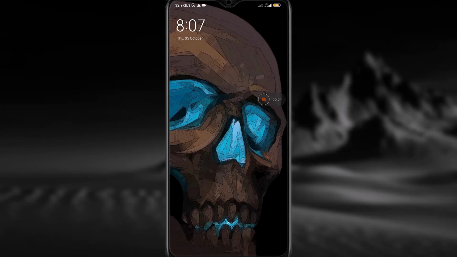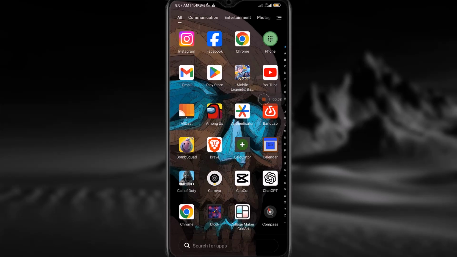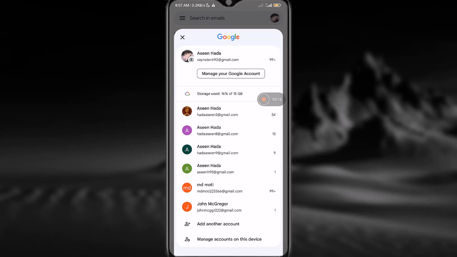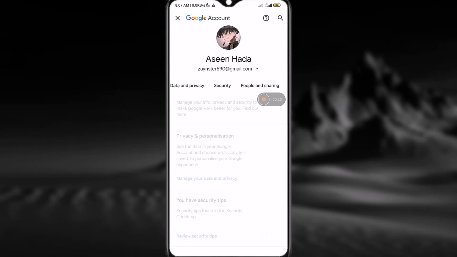Today I'm going to show you guys how to log out of Gmail on all devices. So first of all, what you have to do is simply go to Gmail, and at the top right corner you can see your profile icon. Simply tap on that, and then tap on the manage your Google account option,